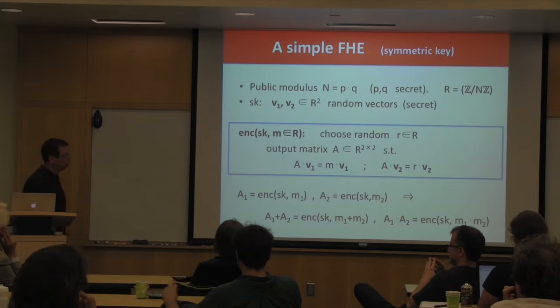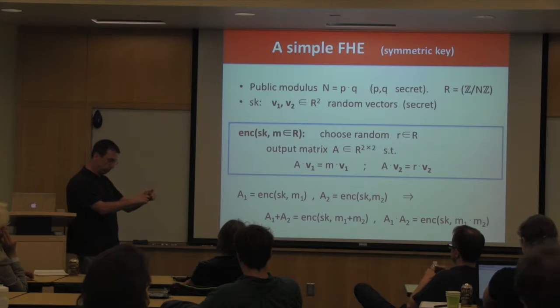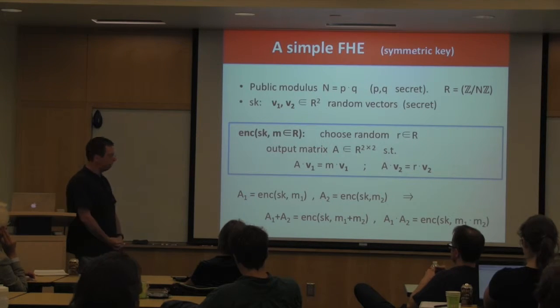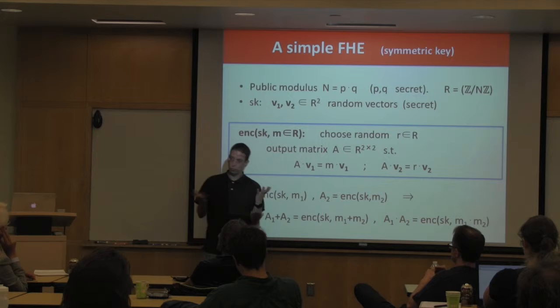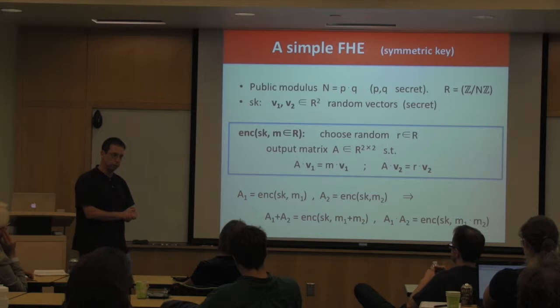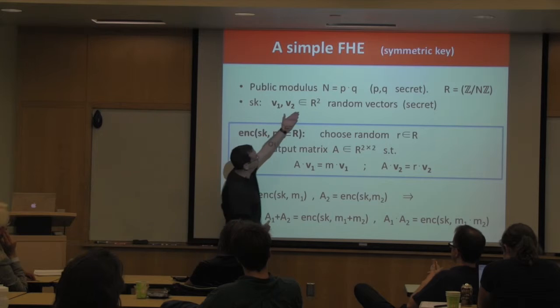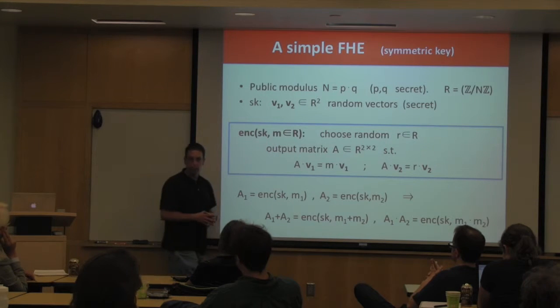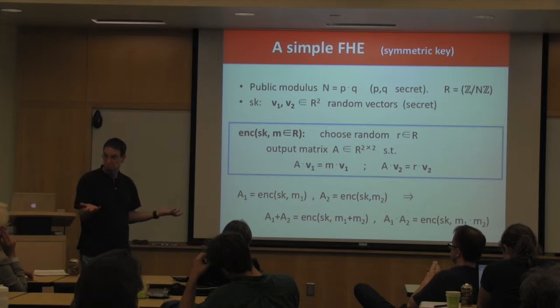Well, let's think about security. If I give you the encryption of a random message M, so I give you this 2x2 matrix, an encryption of a random message M with a random R, how would you break this? You would somehow have to compute the eigenvalues of this 2x2 matrix. But computing the eigenvalues of a 2x2 matrix requires solving a quadratic polynomial. You compute the characteristic polynomial, and you have to factor it, but you cannot factor mod n. So you cannot find the eigenvectors of this matrix. If I give you the encryption of a random message M, you can't learn anything about M.